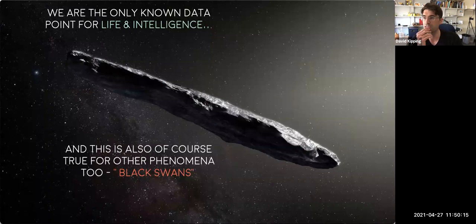The final thing I promised you was, for the last 5 minutes, is just to talk about applying these ideas more generally. So I've talked a lot about astrobiology because frankly, I love it. I think it's a really fun topic, it's a very engaging topic, but everything I've talked about is a one-off: life, intelligence, at lifetime of our civilization. And these ideas can be applied, of course, to any one-off, such as Oumuamua, or the first pulsar detection, or the first FRB detection, things like this. And so you might call these black swans. There's actually interesting literature about black swan theory from the statistical side. So I wanted to just sort of apply these ideas to these more general cases.